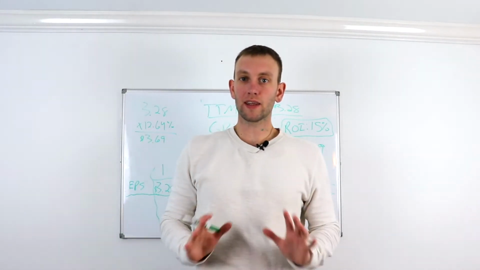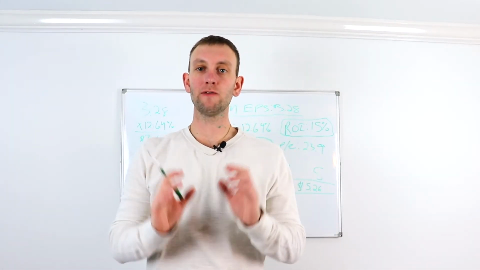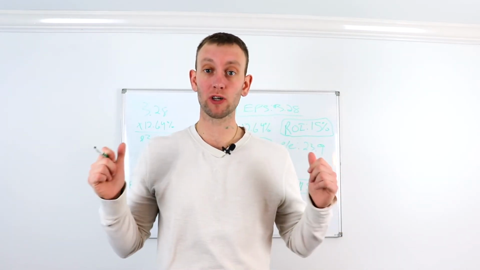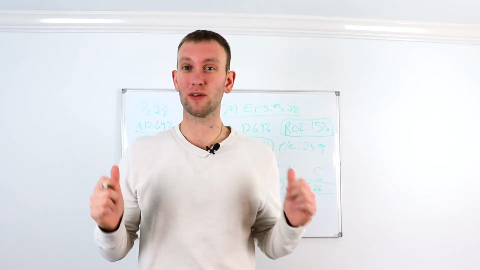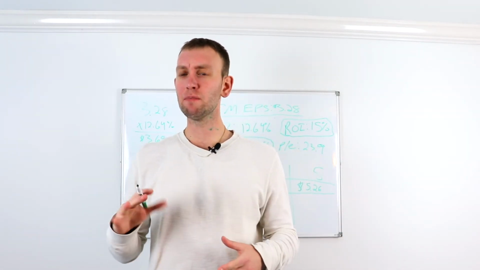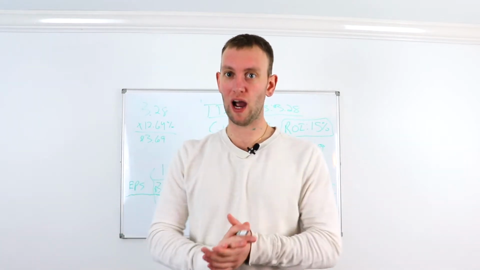So the first thing that we're going to calculate when looking for intrinsic value is the earnings per share. And for this video, we're going to look 5 years out. You can do 10 years out if you want, but I only have so much whiteboard space and I usually only look 5 years out. Sometimes I might look at 10 if I'm really curious what the numbers come out to, but 10 might get a little fuzzy, though it's good to look at. But for this video, we're only going to do 5 years out.